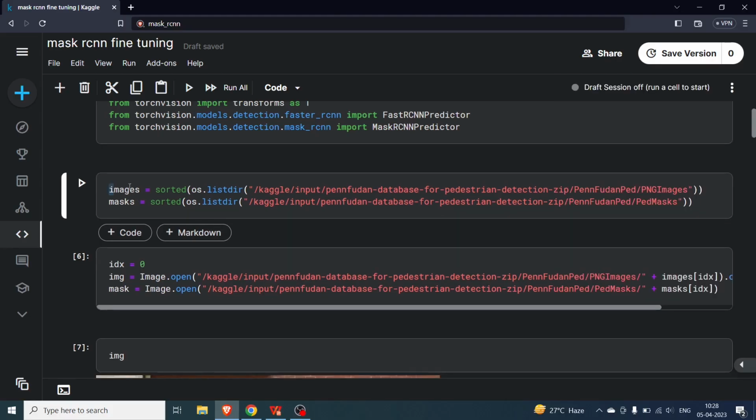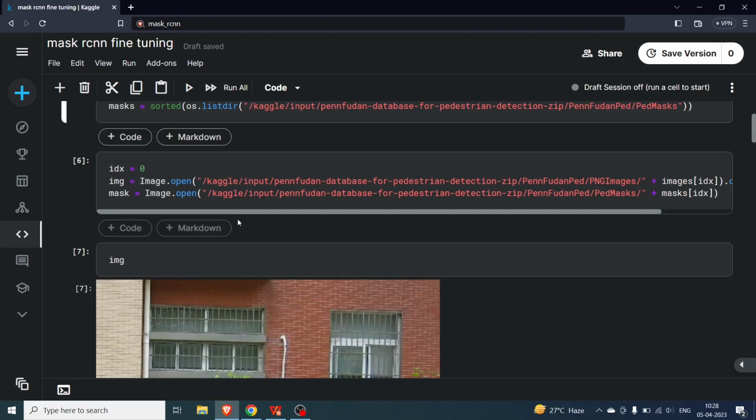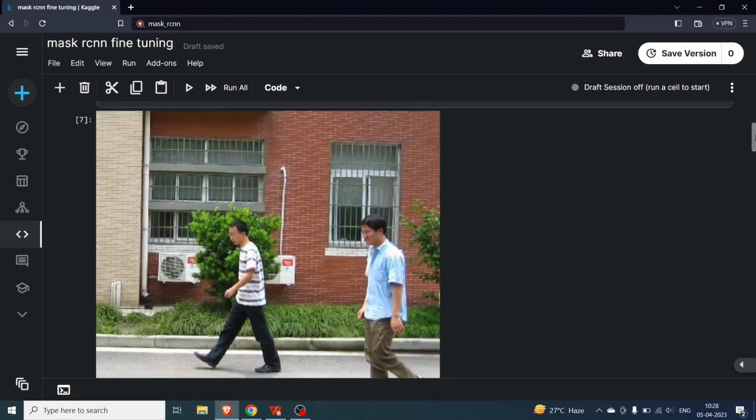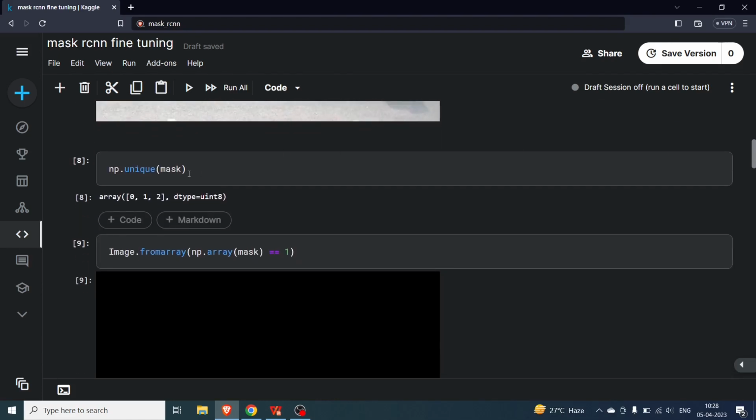So these are all the image names, as you can see, os.listdir, and masks are all the mask names. Okay, so I am taking the index 0 image and index 0 mask. As you saw, this was the image. So this is our first image, and the way masks are